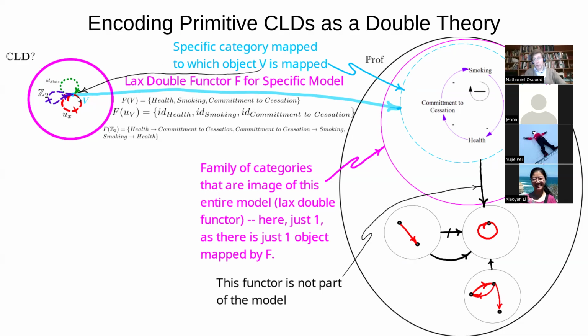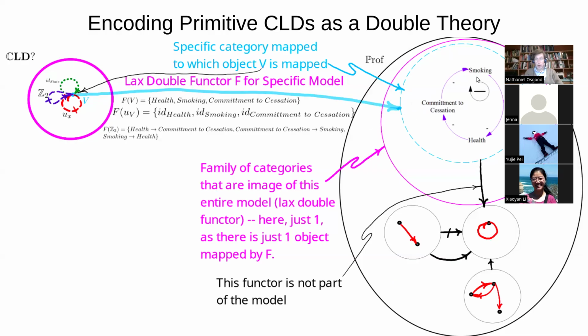That family of categories is going to be populated by one category for each object. In this case, there's only one object, an object that's over here. And that object, its job in life, is to represent the causal loop diagram. It embodies the causal loop diagram, this thing to which the object maps, this category. It embodies the